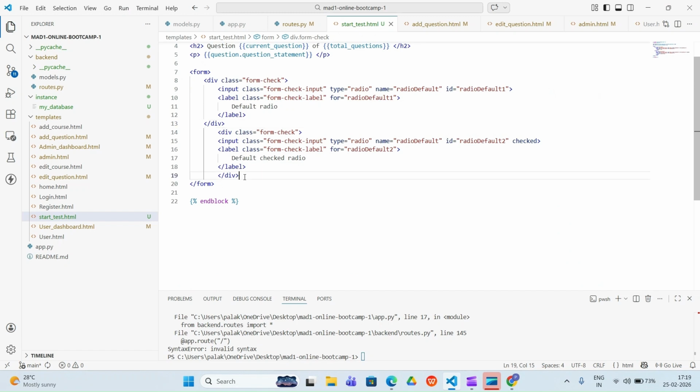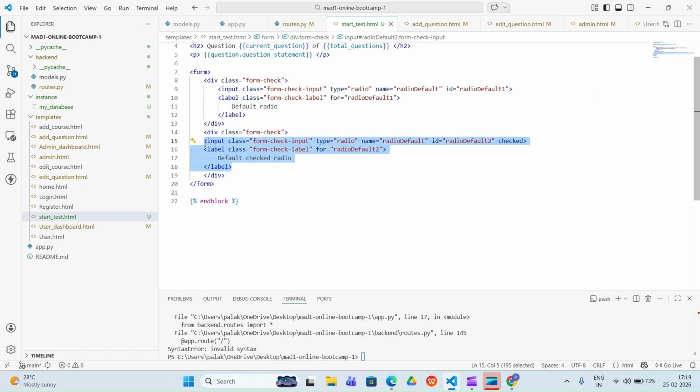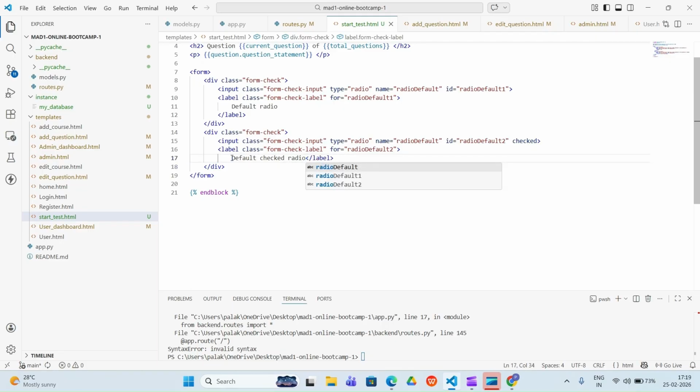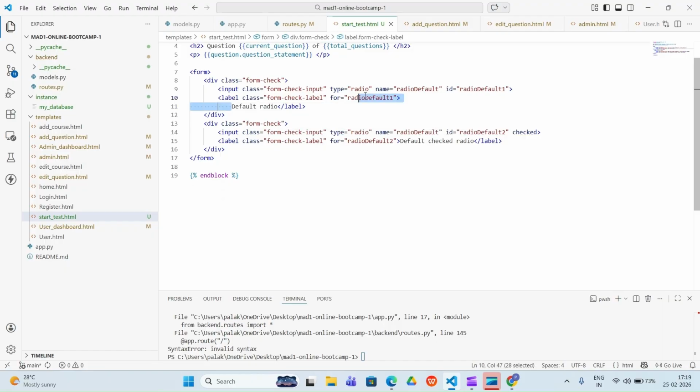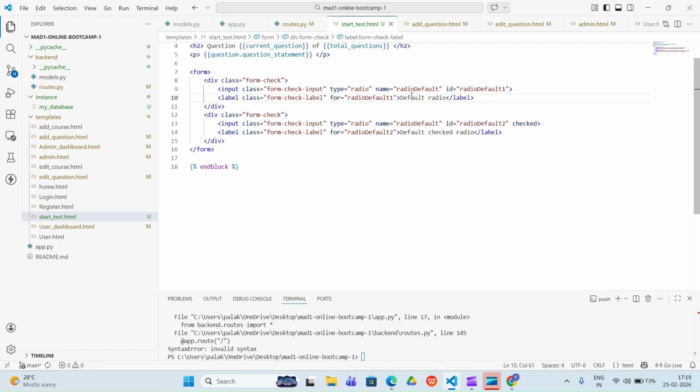We arrange it in this way, and similarly again here, and the same thing here also, so that we can check it in a proper manner.